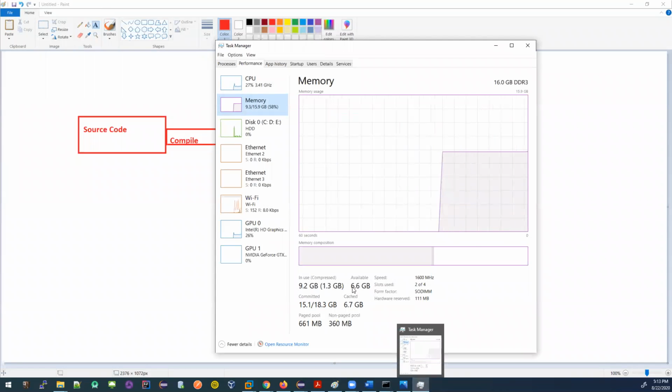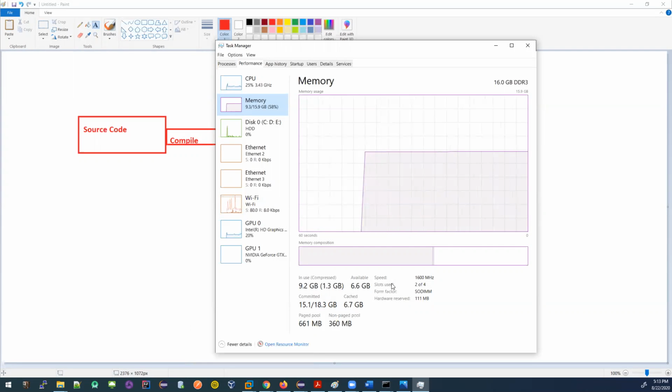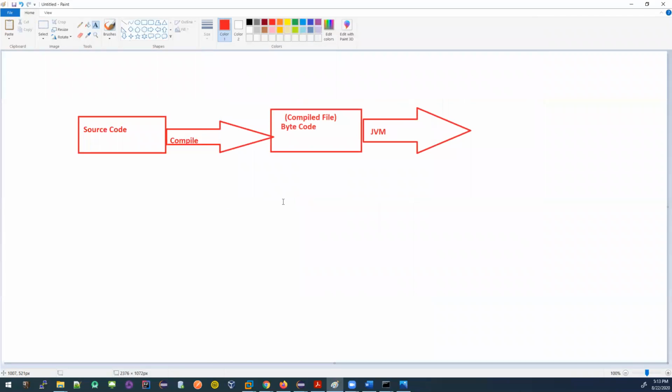If I close them, I will have more memory free to use. That means primary memory is reusable. It is dynamic and it changes. The more applications I open, the more it is occupied. If I close some applications, I will have more memory available. So primary memory is a dynamic memory, right?